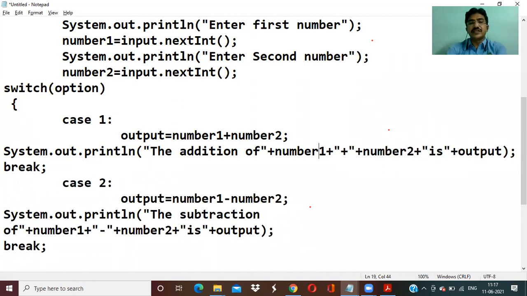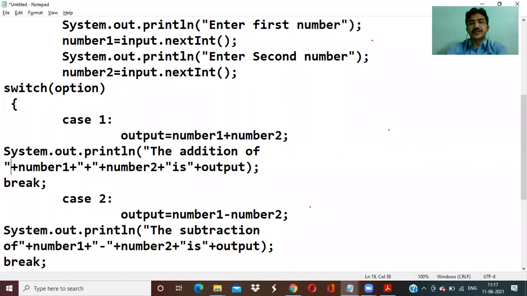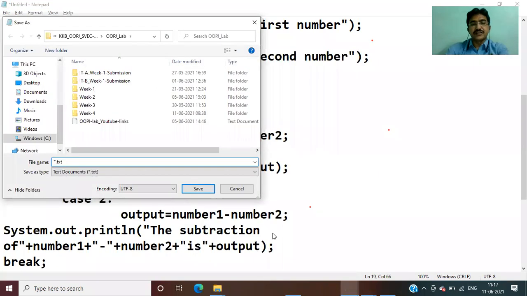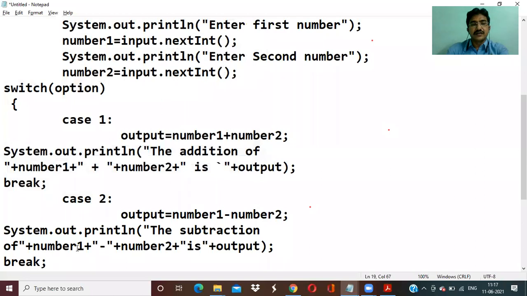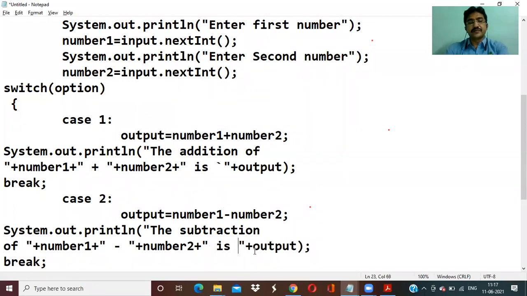Okay. So if you want any spaces over here, you can use the space here, and you can also use some space here. Plus, here is also space. Like this you can also mention. So here also you can consider as spaces, because to give these spaces between the numbers, like minus, and here also. Okay, fine.